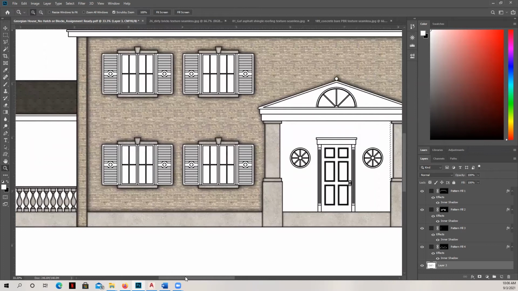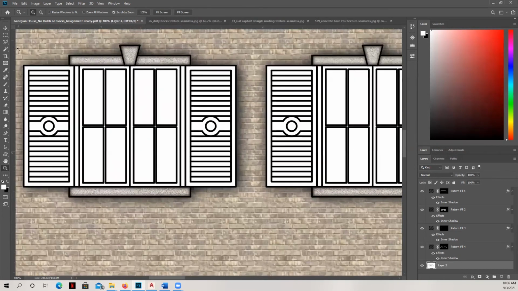Okay, what I want to talk about now is I want to zoom in a little bit on these windows here. We'll talk about how to finish those next. So each of these windows are the same, and so I'm going to show you how to do one. And you can then either merge the layers and copy and paste the layers and stick them on top of the existing windows, or you can do this as a full sequence. However you want to approach it is fine, but just know that I have to grab a lot of individual elements across a lot of individual windows.